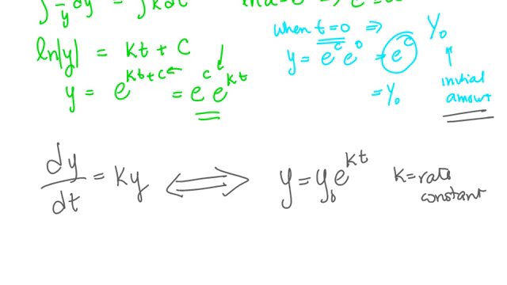It's called the rate constant. So we are going to apply this rule to many types of problems, including population problems, radioactivity